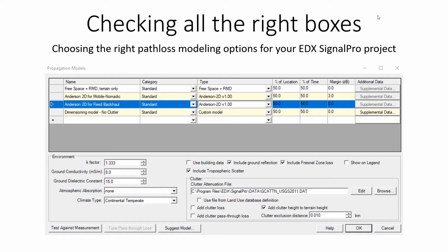matches the real world use case that you're trying to design for as closely as possible, and also make sure that you understand the places where that model may be imperfect or may not be totally representative of what you're going to find out in the field, so that hopefully you can account and make allowances even for the discrepancies that are invariably going to be there between your predictive model and your real world results when you deploy a